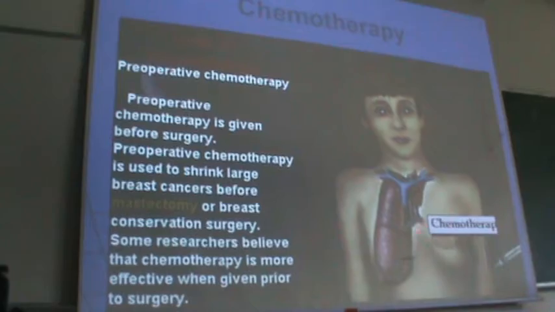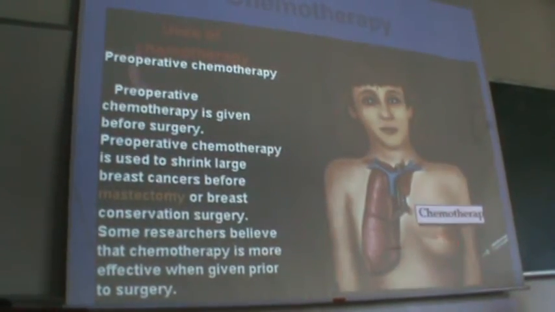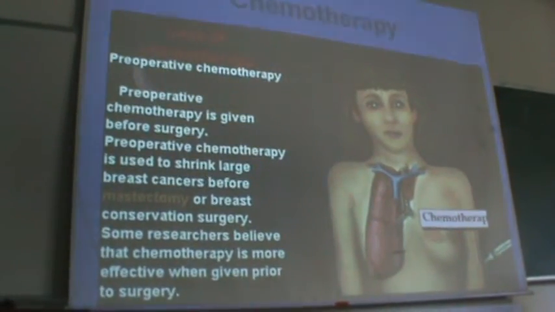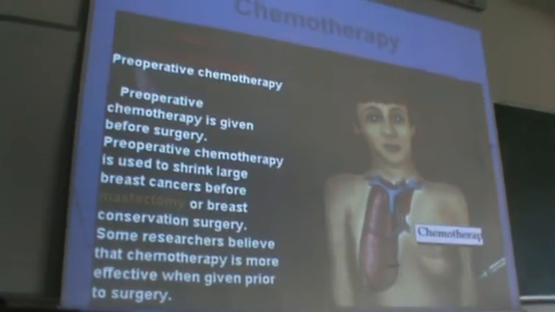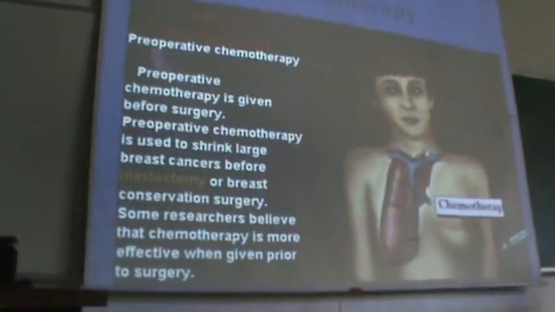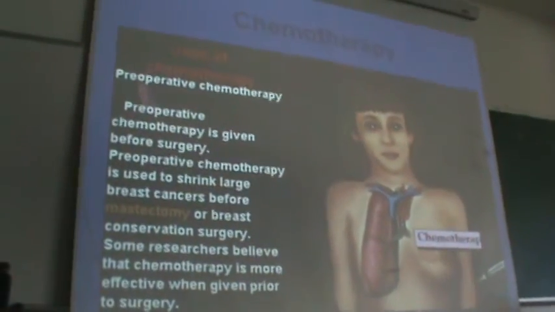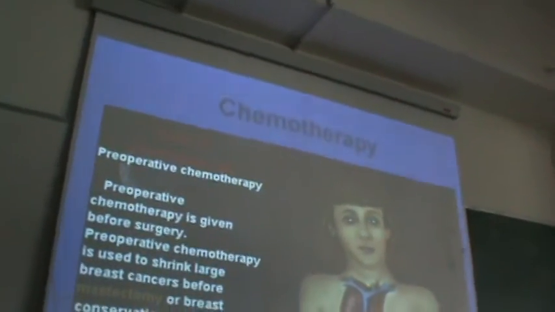And when the tumor is that big, probably in 50% of the people we have distant metastasis, but undetectable. So when we use chemotherapy from the start, we control probable distant metastasis. We reduce the size of the tumor. We convert a non-operable patient, or a patient who needs mastectomy, to a patient who needs